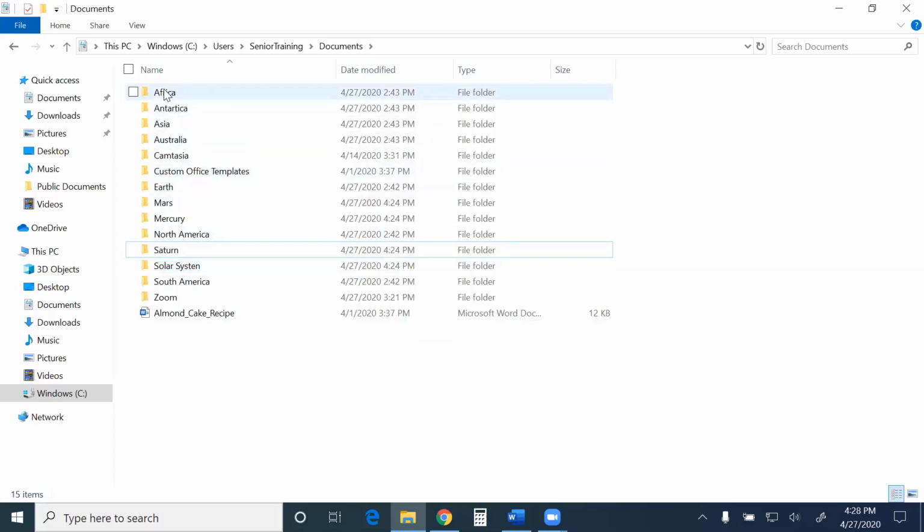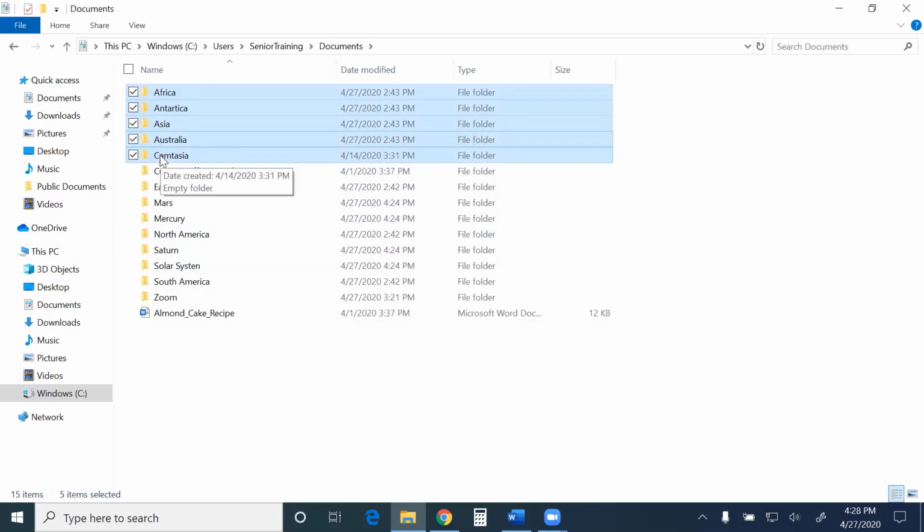Next, I could take my countries. Now, I'm going to give a different example here. We know that, for example, using these check boxes, I could go through and just select the countries. We know that if I hold down my control key, I don't need the check boxes because I can select multiple files individually. Oops, I selected a Camtasia folder. I don't need that. So again, I'm holding down my control button. I'm going to click it again, and that's going to uncheck it.